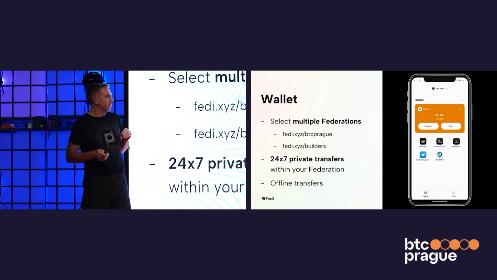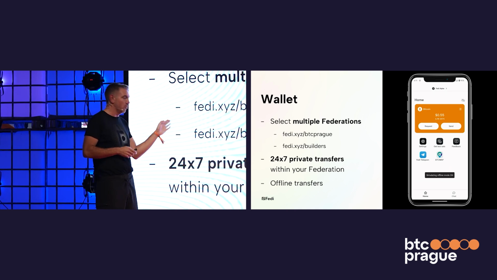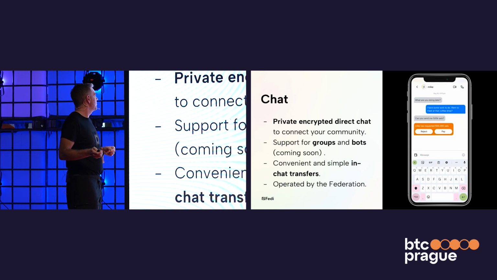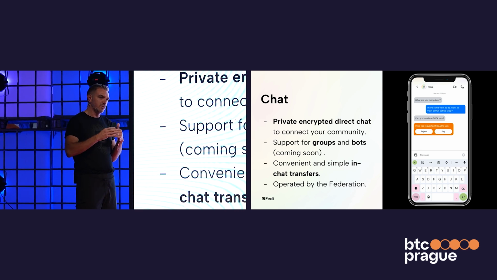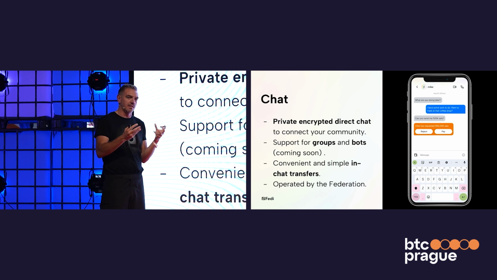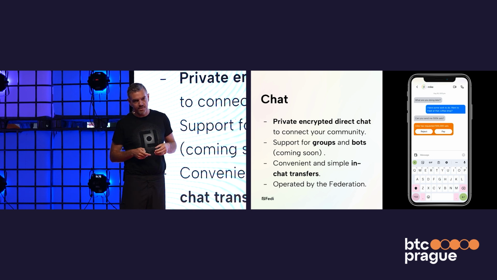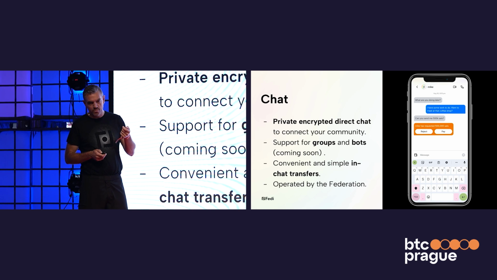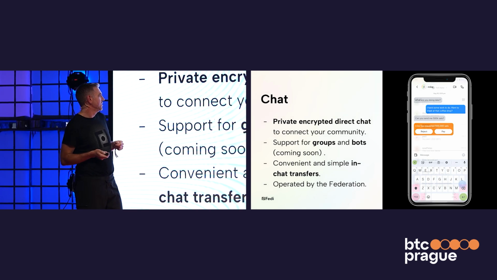You can also do 24/7 private Lightning transactions. They all go through Lightning despite the fact that it's eCash held in the wallet. There's also a chat server embedded in this. So again, we don't use a remote chat server. It's hosted in the same infrastructure that runs the federation, which allows the community to own its own chat data. Inside the chat, you get groups, announcement groups, various things. And you can also do Zaps, effectively chat Zaps, or chaps, as we sometimes like to call them,